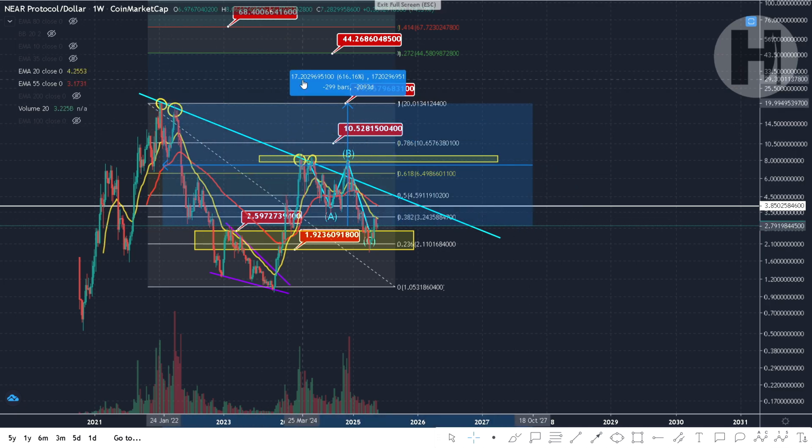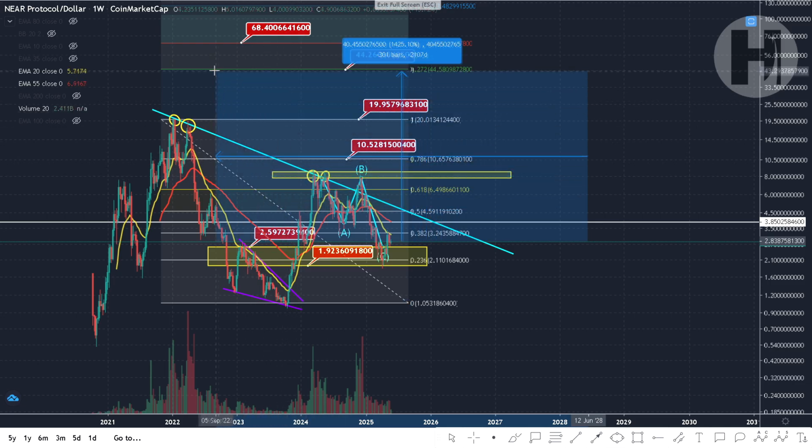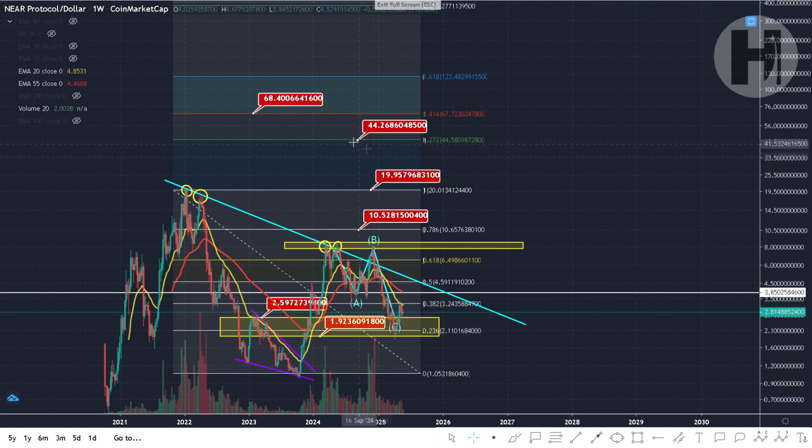So a 616% move to the upside would put us back at $20, and then let's say we get to $40+. That would be a 1,476%, almost a 16x from the current prices, and the market cap being right now at around $3 billion. 10x would be 30 billion, and a 16x would be 48, would put us at around $48 to $50 billion market cap, which is not impossible, but I would say